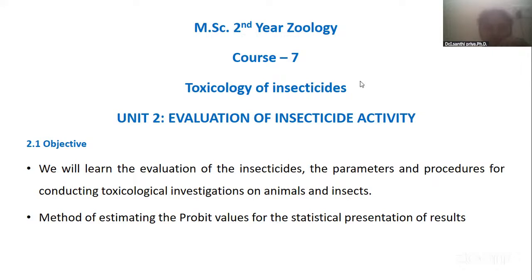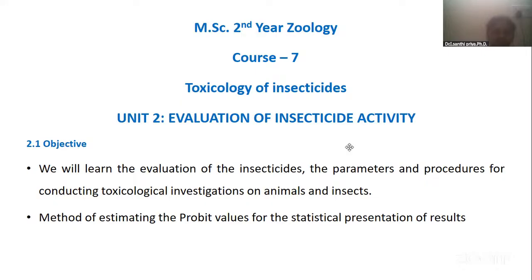So it's MS second year Zoology course 7, and we have done with our unit 1. Today we have to deal with our unit 2, that is evaluation of insecticide activity. Earlier we have discussed about it, like the second unit we have done half of it, but now